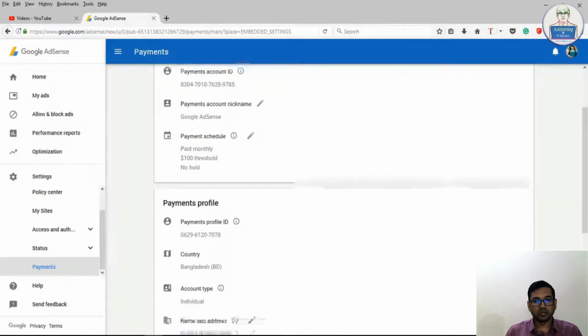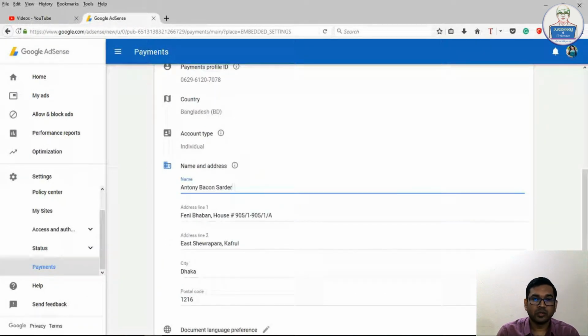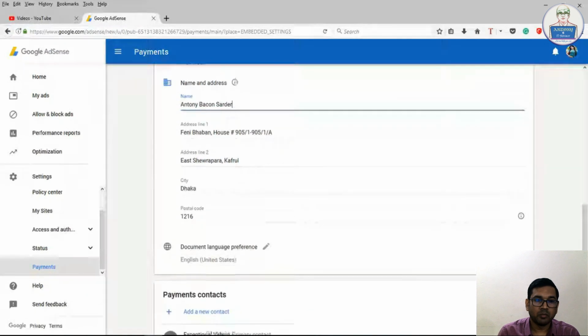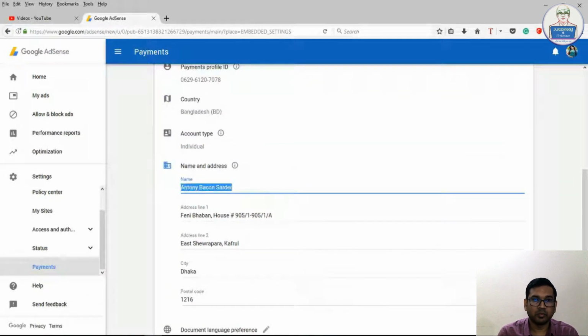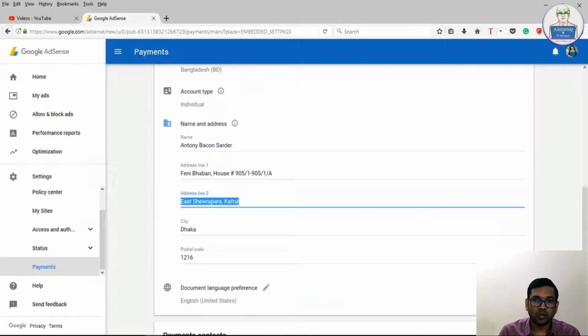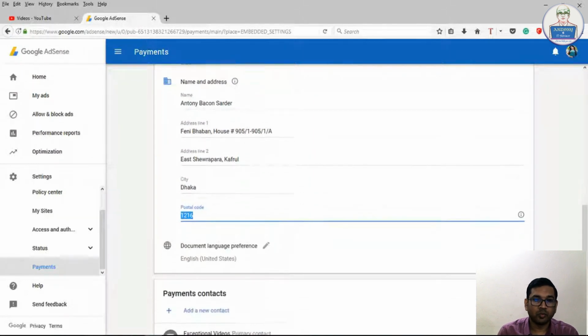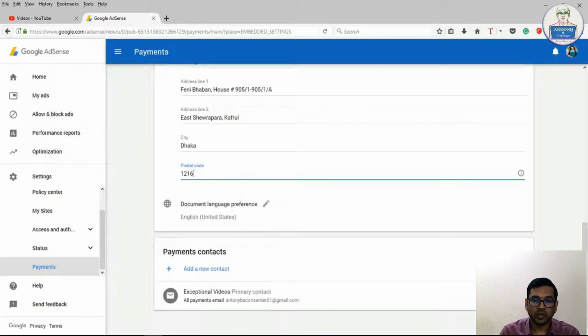This process may not work if you change the country. Now change your information whatever you want, but please do not change the country information. If you change the country information, it may not work. Whenever you have done with the address,